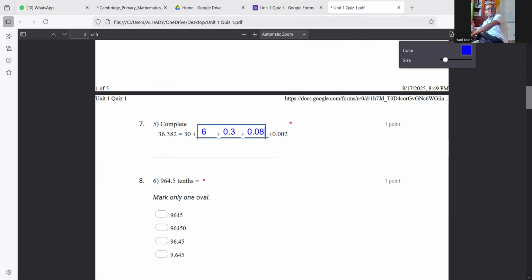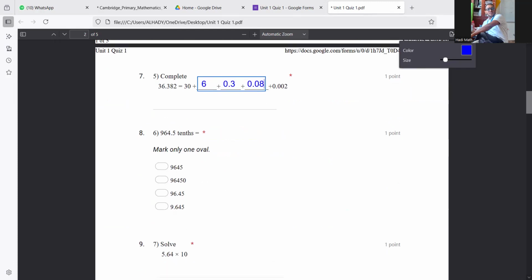0.08. That's all. This is the correct answer. Then number 8, this question is tricky. They say for